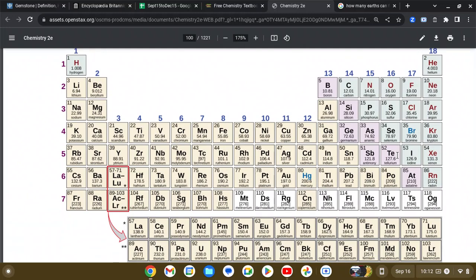Row 6, cesium, barium, lanthanum, cerium, praseodymium, neodymium, promethium, samarium, europium, gadolinium, terbium, dysprosium, holmium, erbium, thulium, ytterbium, lutetium, hafnium, tantalum, tungsten, rhenium, osmium, iridium, platinum, gold, mercury, thallium, lead, bismuth, polonium, astatine, radon, francium, radium, actinium, thorium, protactinium, uranium, neptunium, plutonium, americium,